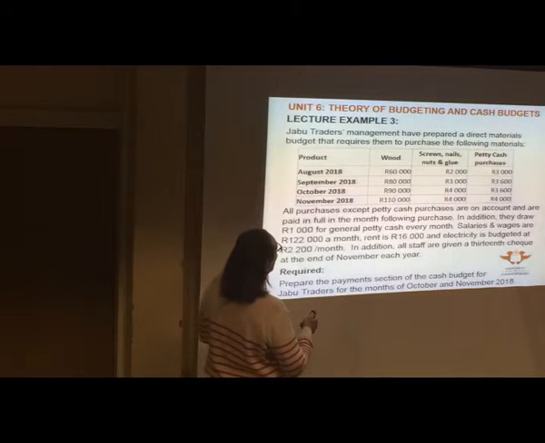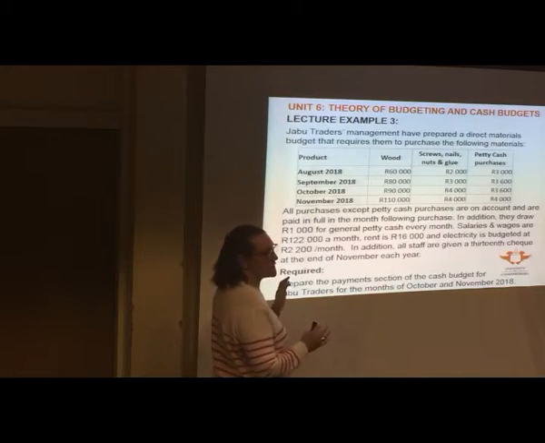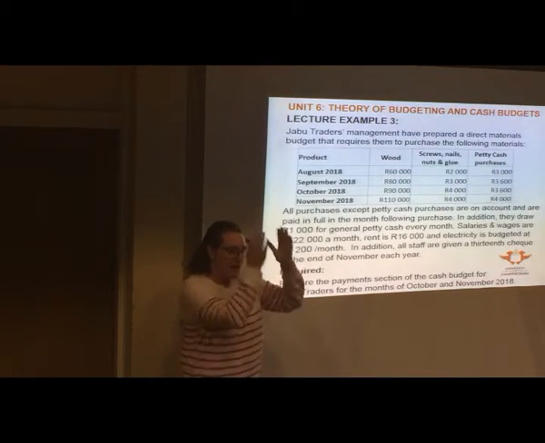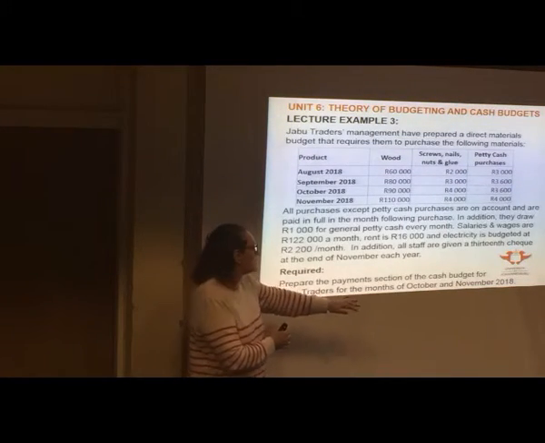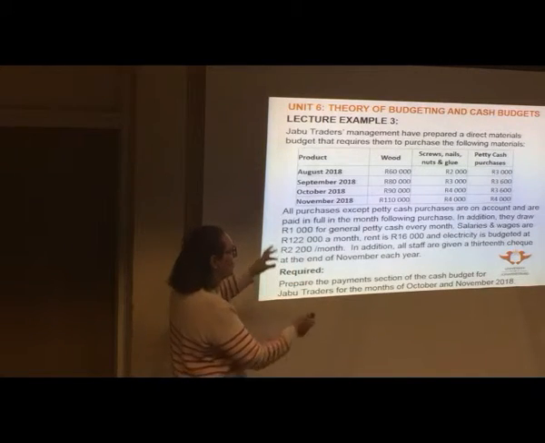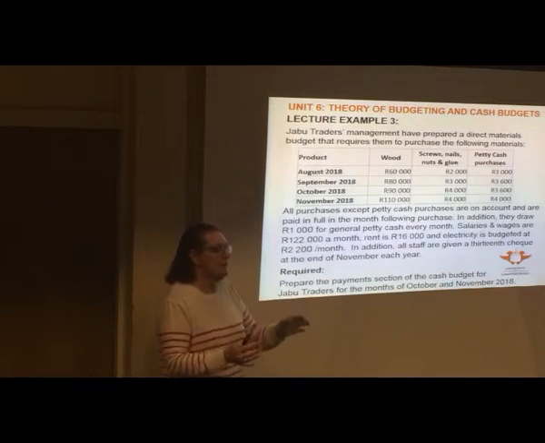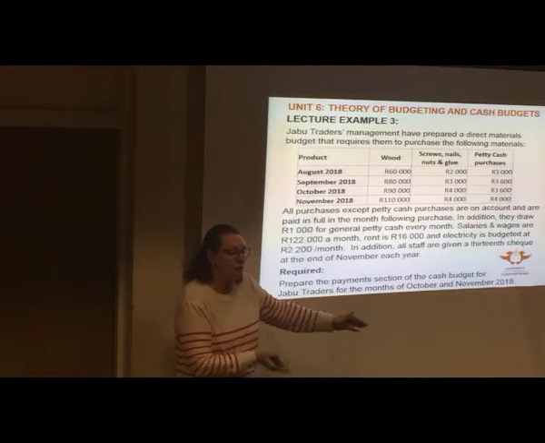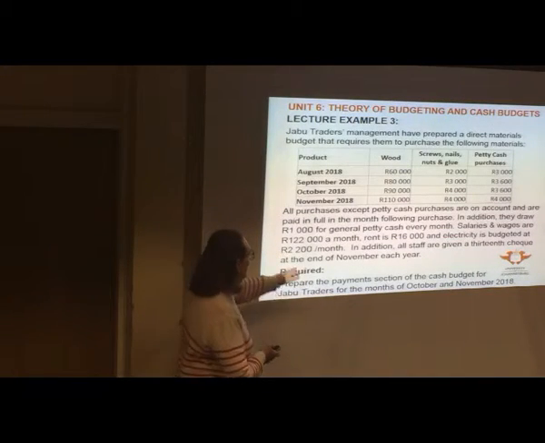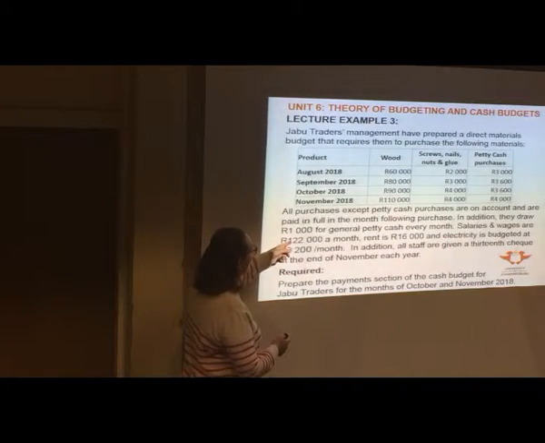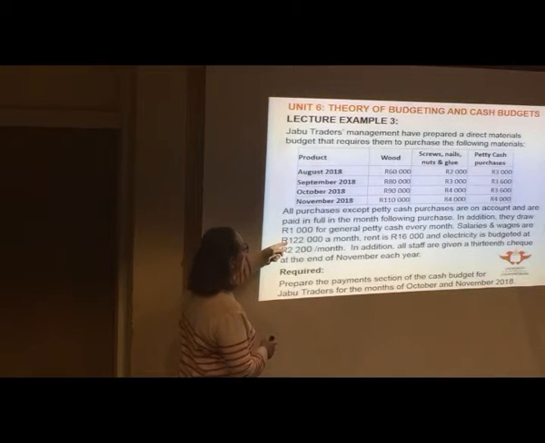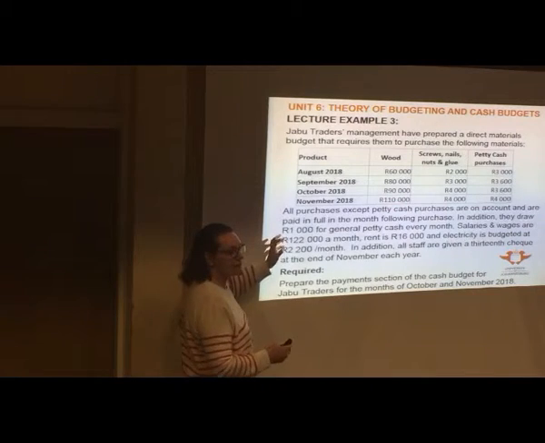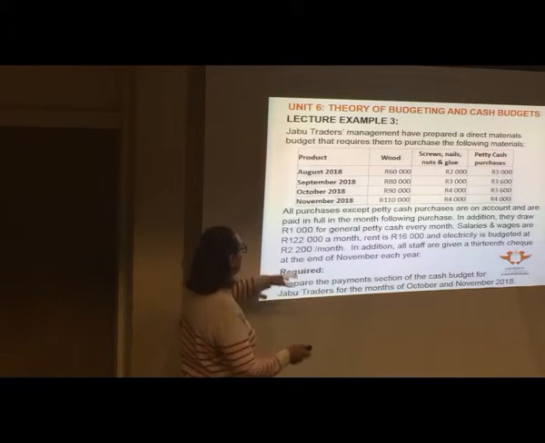Okay, but the August purchases we've already paid in September. Remember, we are doing October and November cash out. So we have to look at how all this information you've been given impacts on money going out in October, money going out in November. Right, so these ones are quite straightforward. 90,000 from October is going to go into November. November's 110,000 we can ignore because we're going to pay it in December.